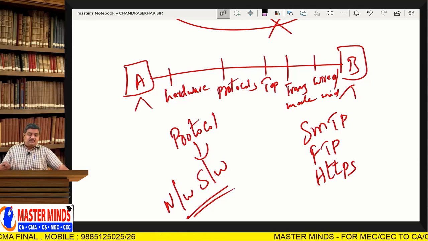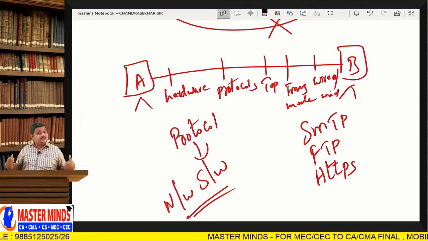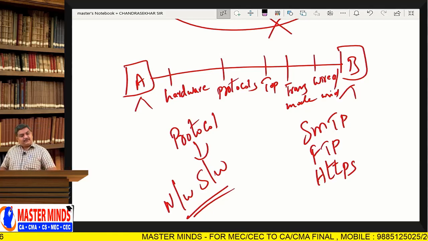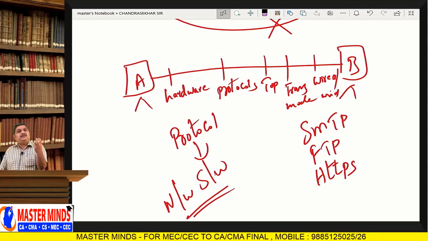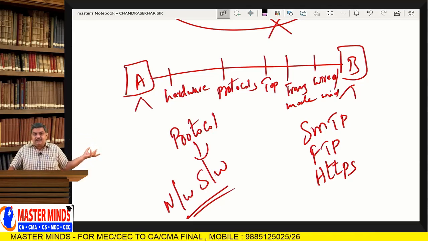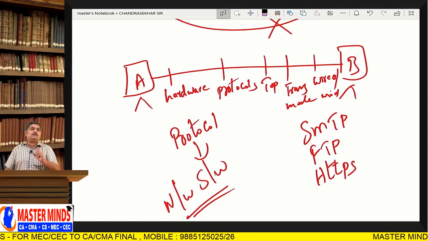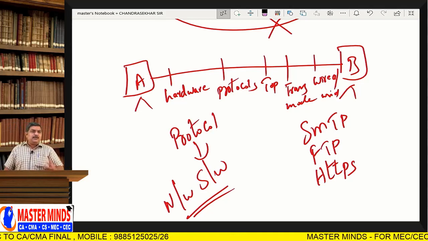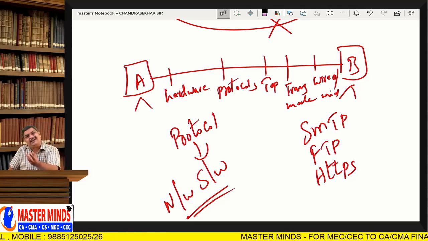The biggest problem in a network is traffic. Many systems will be there, hundreds and thousands of systems. Now, if a particular protocol is not there, see, protocol is the controlling mechanism. To control road traffic, we require a traffic inspector or a traffic constable appointed at key, strategic locations. Likewise, to control the network traffic, we require a controlling mechanism. What is that controlling mechanism? Protocol is the controlling mechanism.